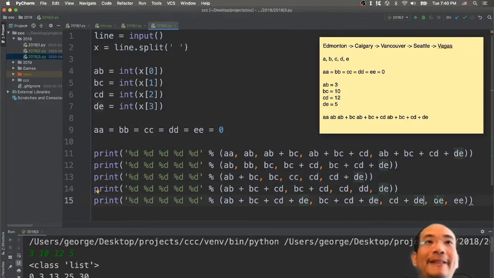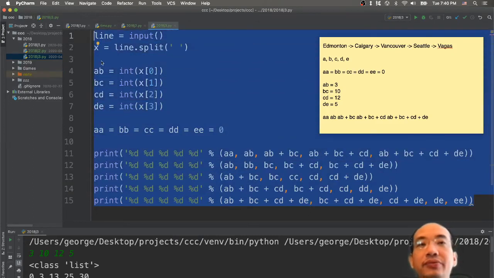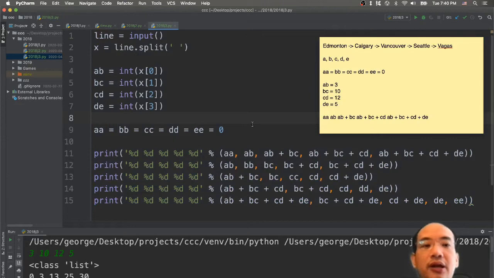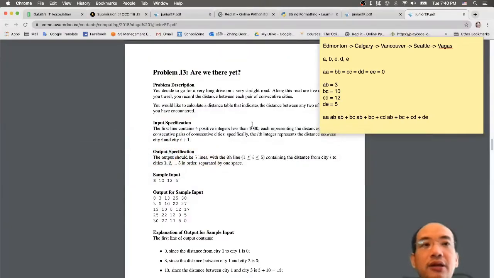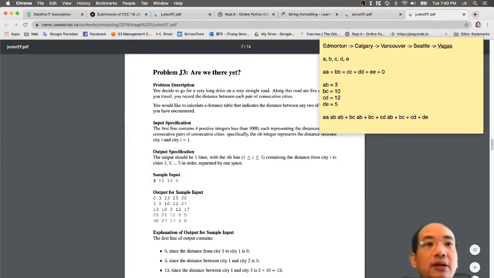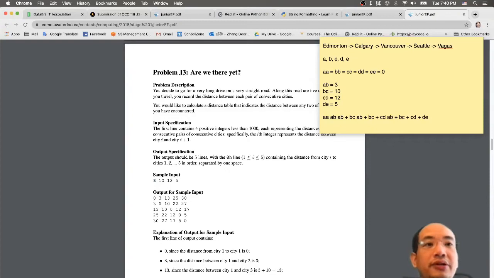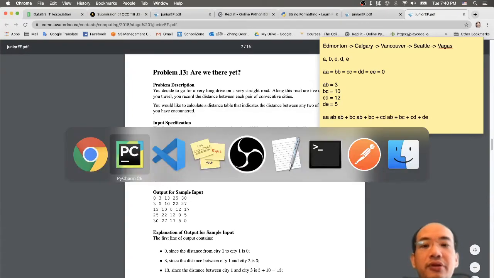Okay, and now I hope you are already done, and most people have already finished the code. And let me see. And please explain the solution. So in the solution